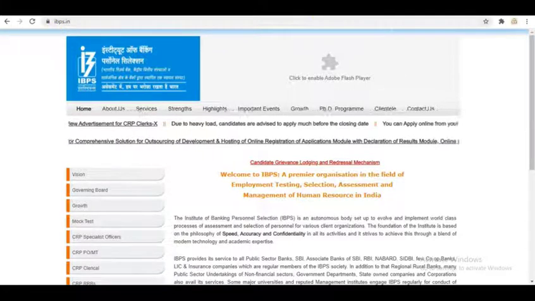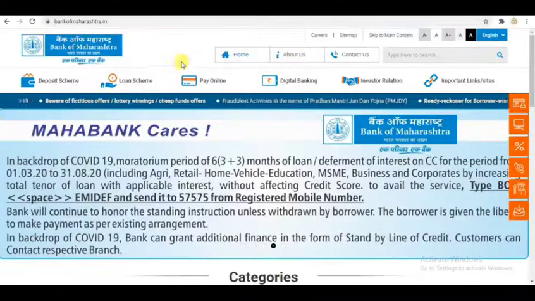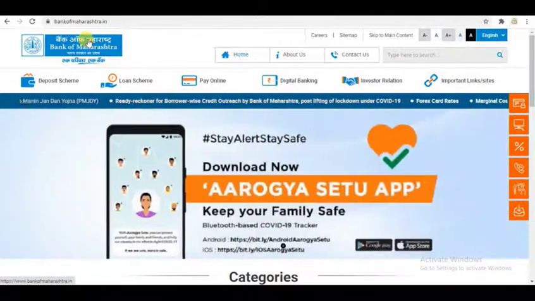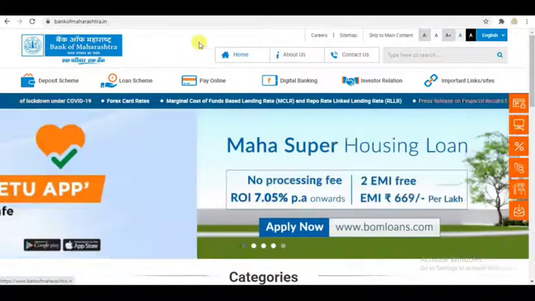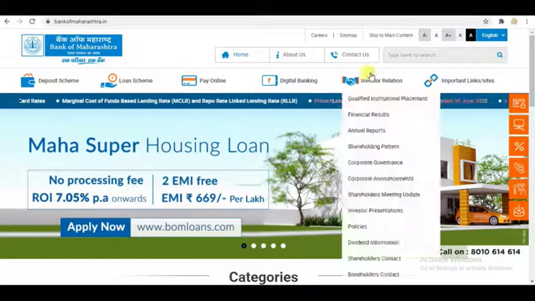Then see the next site, that of Bank of Maharashtra. See how the page looks, or how the page contents are placed. This page is divided into the header section.